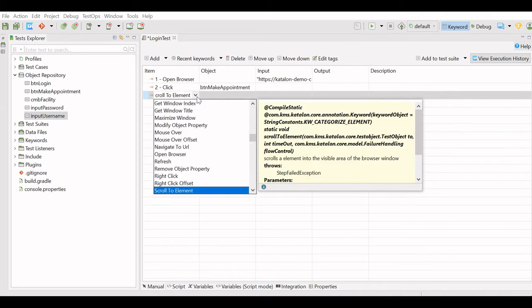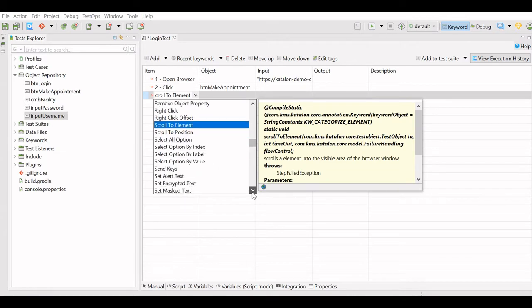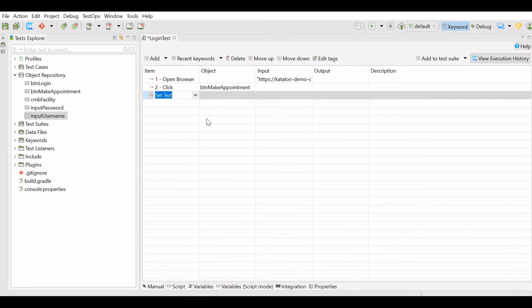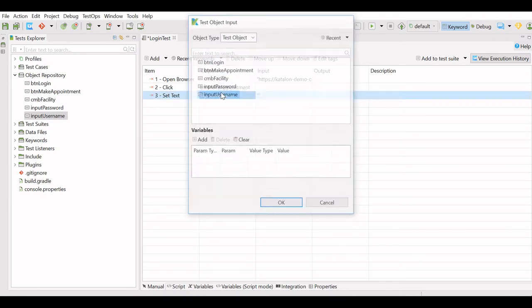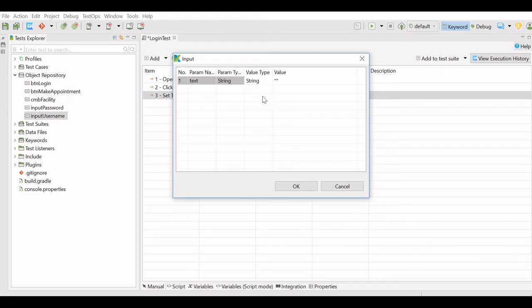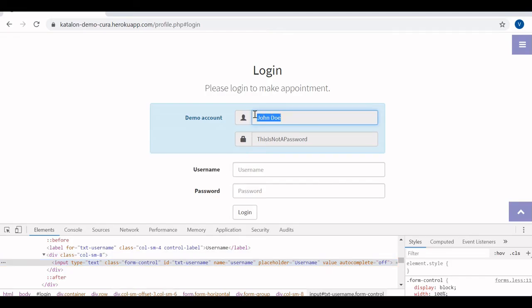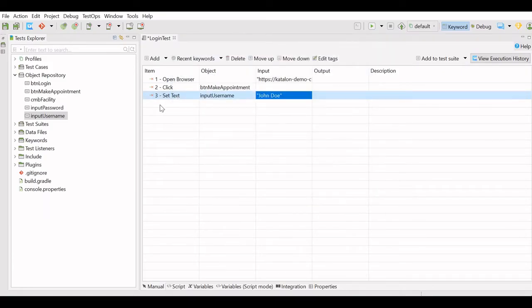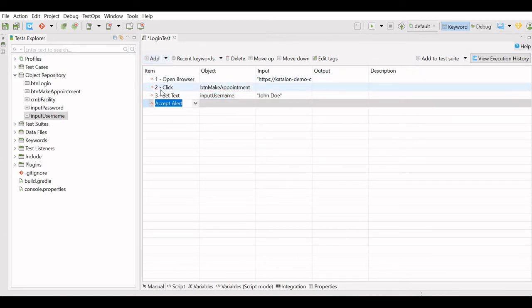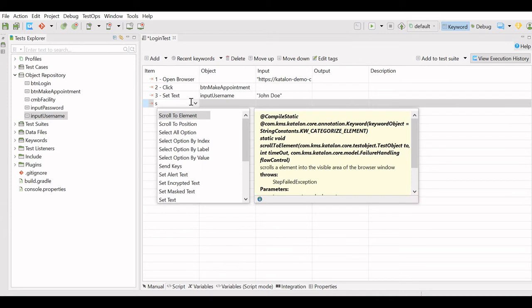So I will select set text from here, and select the username field, and we will set the text as the text given here as username. Similarly, I will add new and set text for